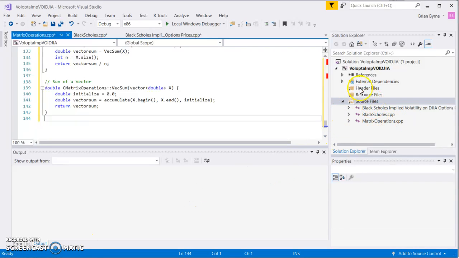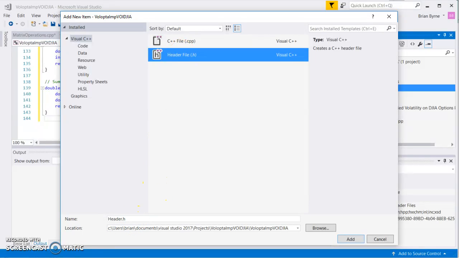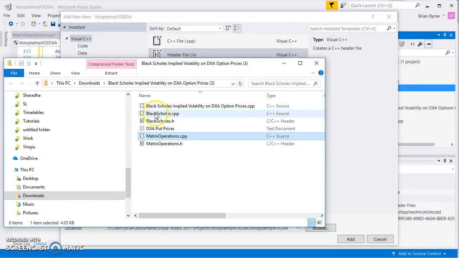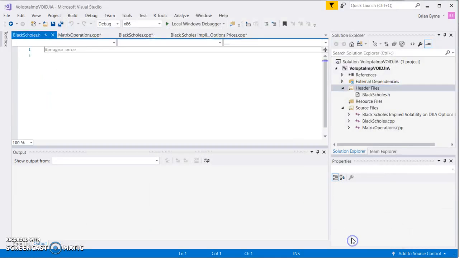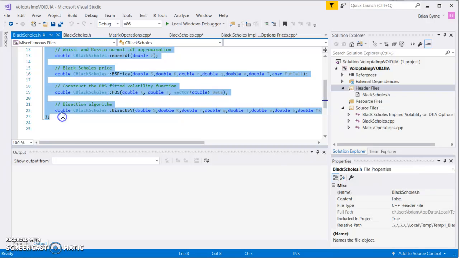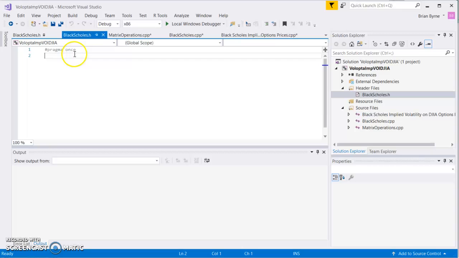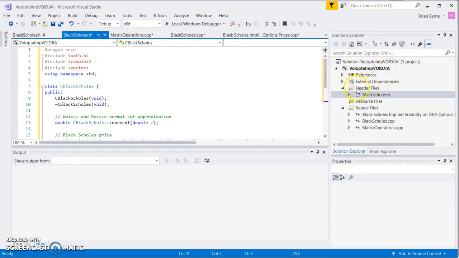Okay, so in addition then we need to put in header files, add, and we'll have to put in a new header file. And what header files are we going to use in this case? The header file, well, we have a matrix we can start up here, blackscholes.h. Okay, so the header file is blackscholes, so just add, and we leave that pragma there. So let's get the file in question. And we'll copy. Okay, so copy pragma, copy, go back into blackscholes.h, and well, we can take it out because pragma is there in the snippet that I've included. Okay, so pragma, and in addition we've one more